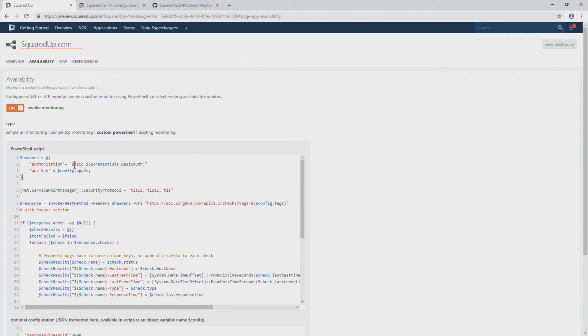Now, here's the key point. Normally, to create a basic auth header, you may know this already, but you have to base64 up your username and password. We've done that for you already. So when you specify in your run as profile the basic credentials that get passed in, we have already, before it gets passed into this script, taken that, base64 encoded it for you, and made it available on an object